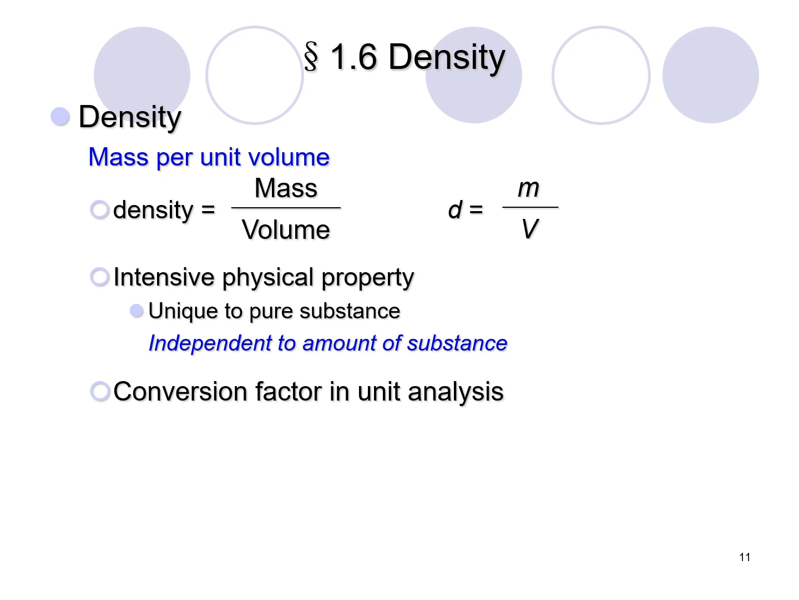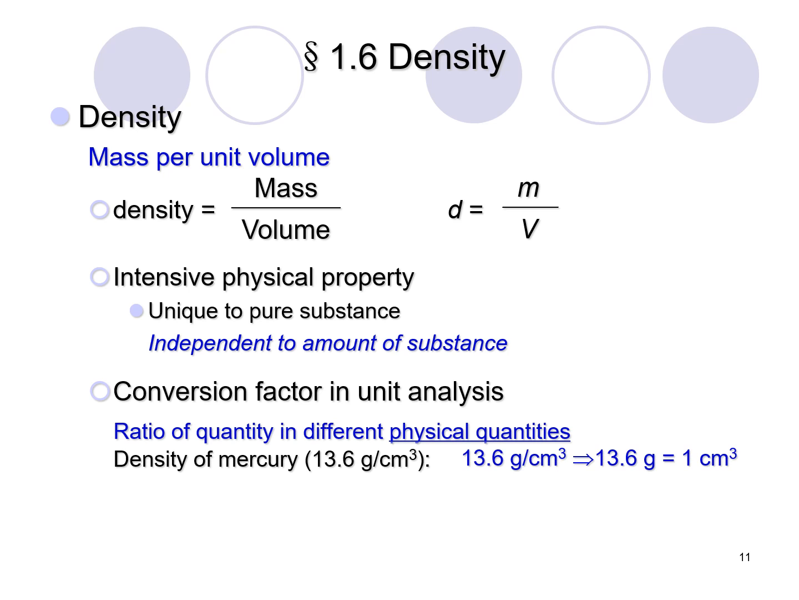But in chemistry class, another function of density is to use as a conversion factor for unit analysis, or somebody would call it dimensional analysis. The reason for that is the density shows up the ratio of quantities in different physical dimensions. For example, density of mercury, 13.6 grams per cubic centimeter. Remember, gram is a unit of a mass. Cubic centimeter is a unit of volume. So we are talking about